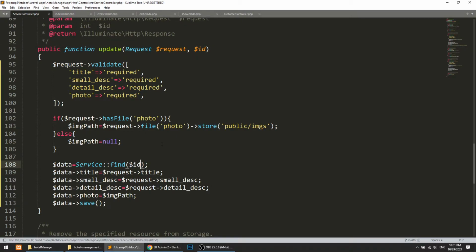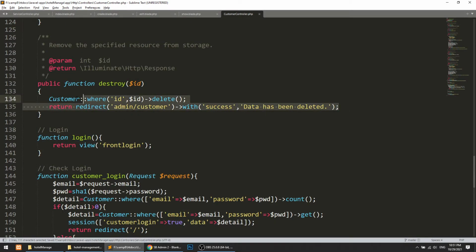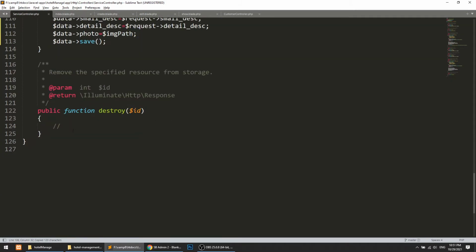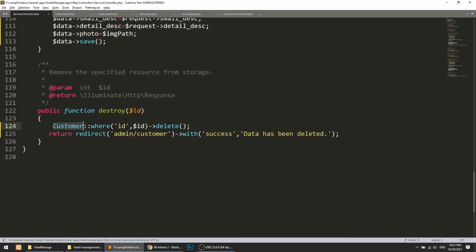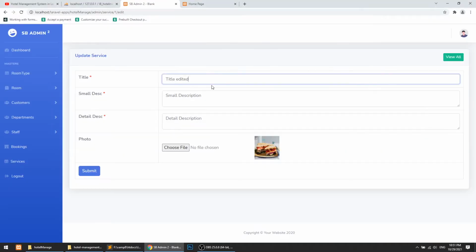Now let's copy the destroy method also, so that we implement destroy and edit. Here it will be service id, this will be service. Fine, we are done now.